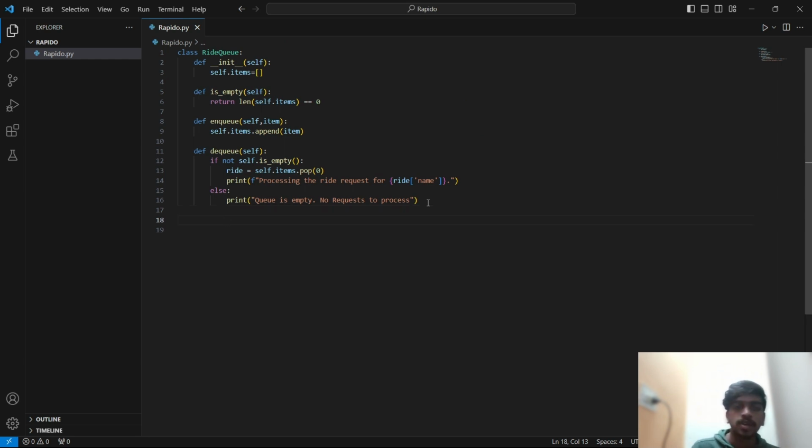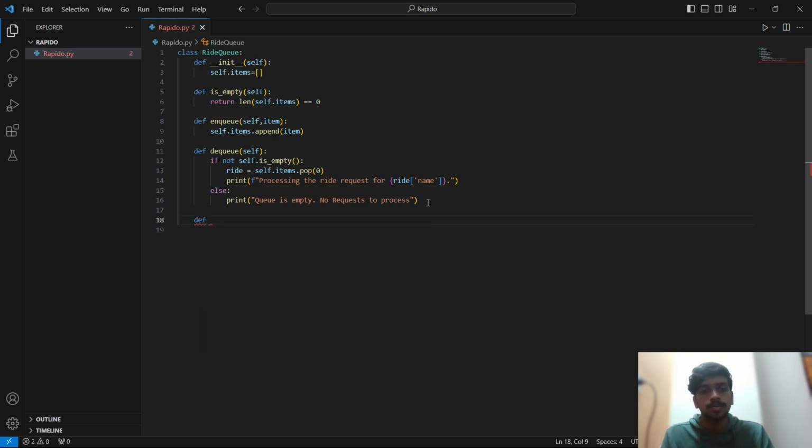So what actually is happening over here is that we are popping the data that is at the top, or the request which is at the top of the queue, out of it, and it will just be removed from the queue. And that request or the data at the top is being processed. So the queue will go on getting emptier as more requests are being processed. Next one was